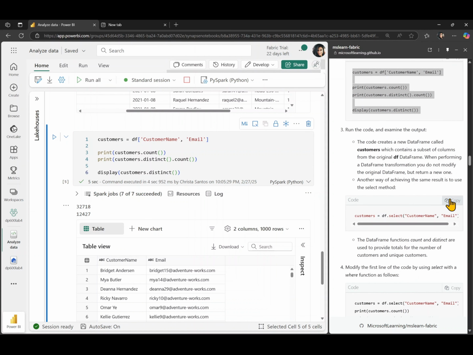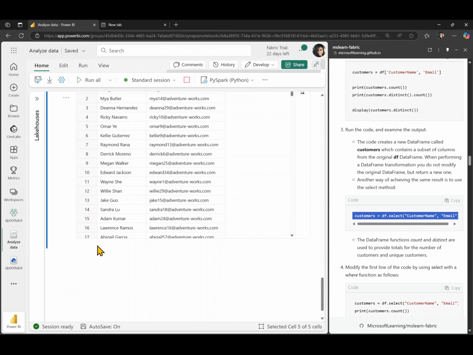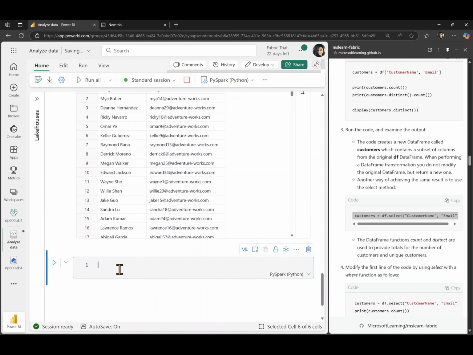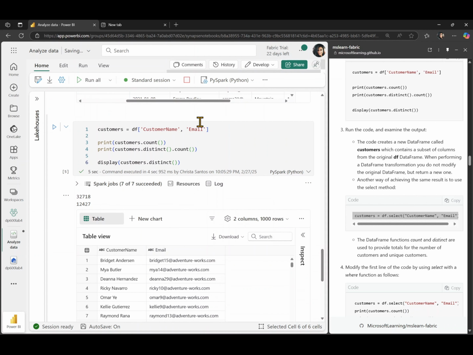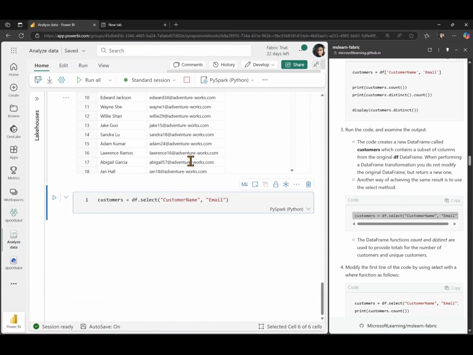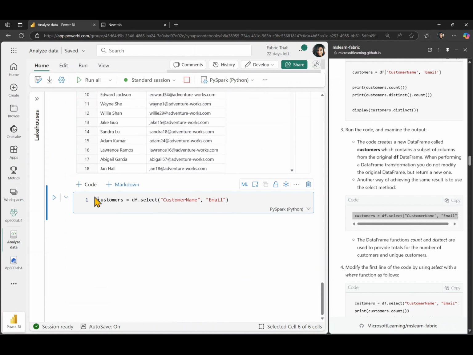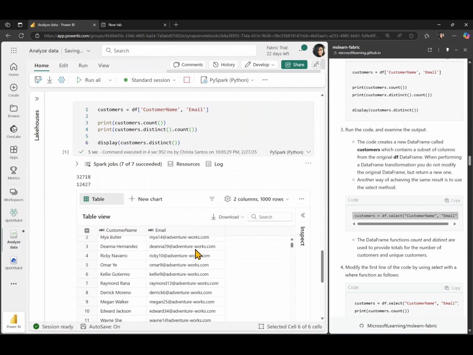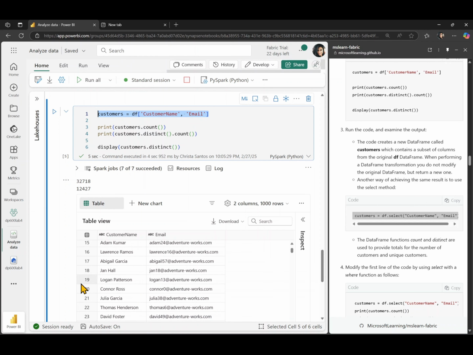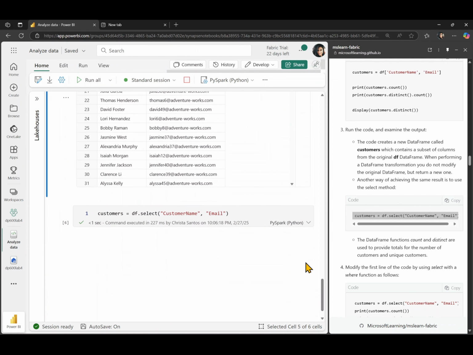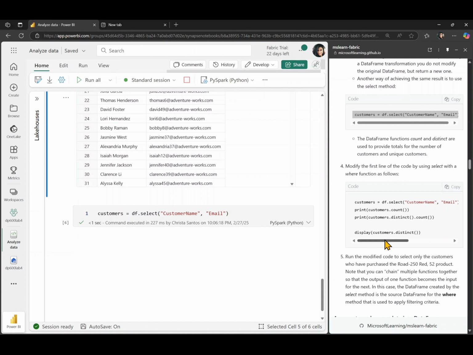All right, let's copy this code. And this is another way of achieving the same result that we have done above, which is instead of df open square brackets, the name of the two columns, we say df.select and give the names of the two columns. It gives us the same result as this statement right here. All right. Okay. Now we're going to modify this code,